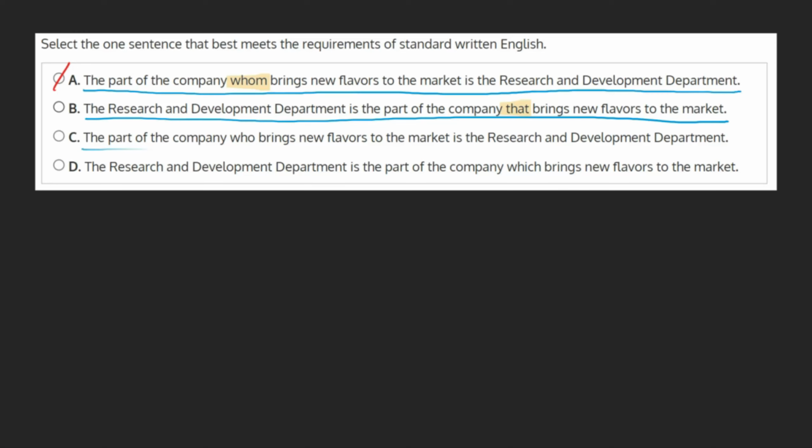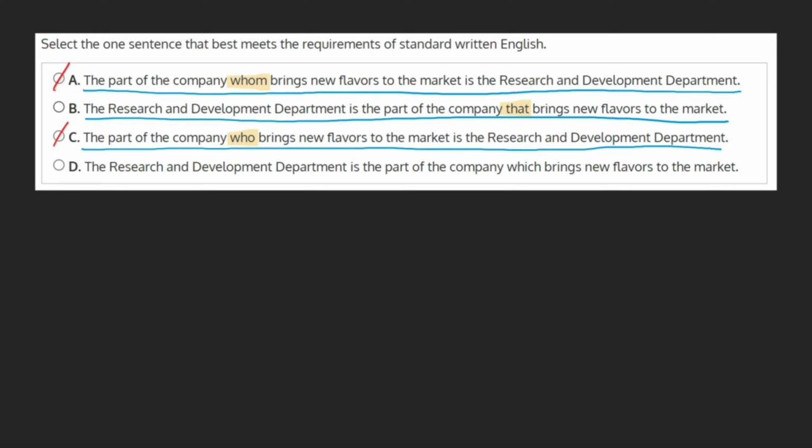C. The part of the company who brings new flavors to the market is the research and development department. This time, we see the department referred to as who. Like whom, this simply isn't appropriate in our context as we're not referring to a person, and we can mark